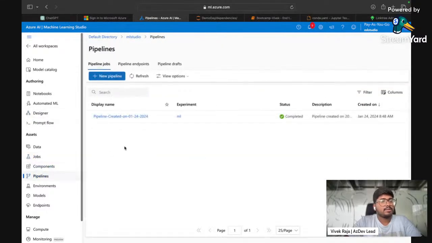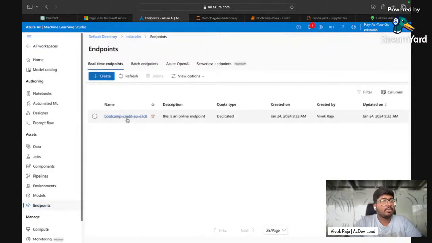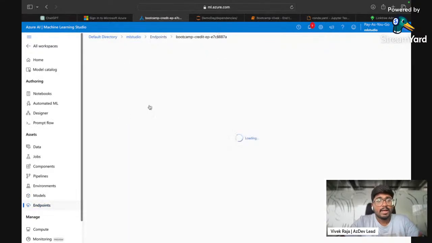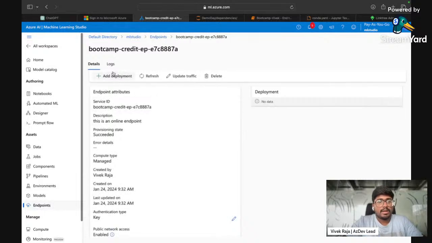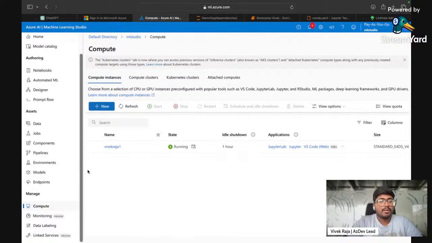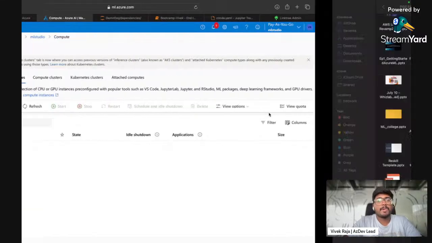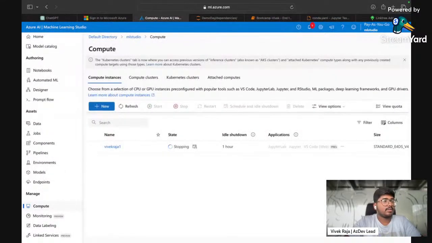And you know what pipelines are, what an environment is, what models are, and we have created an endpoint. Whatever endpoint we created there is dedicated, and I can now see how it really works. So once that is done, you have actually done the end-to-end part of it. Now to ensure that I'm not incurring much cost, I'm going to shut down my compute for the moment. So now let's head back to our presentation. Let's do a final check, and that is it for today. So just wait till we head back to our presentation.